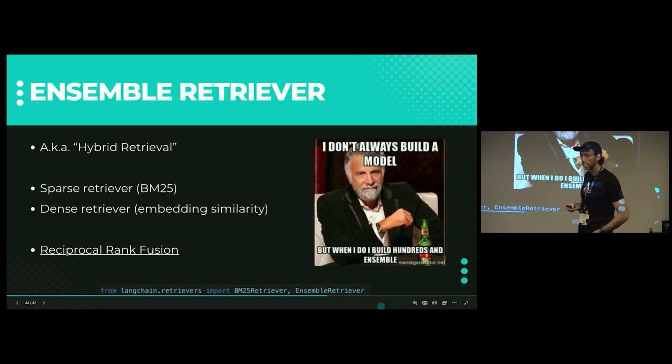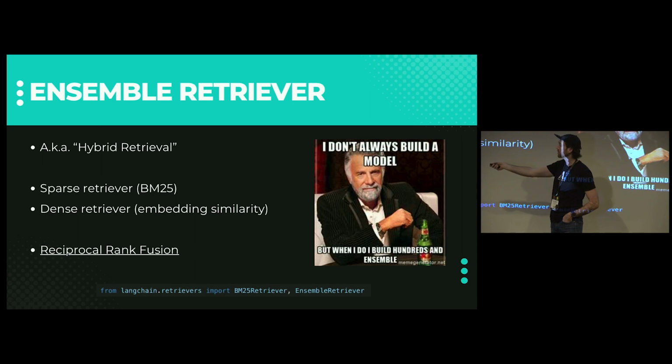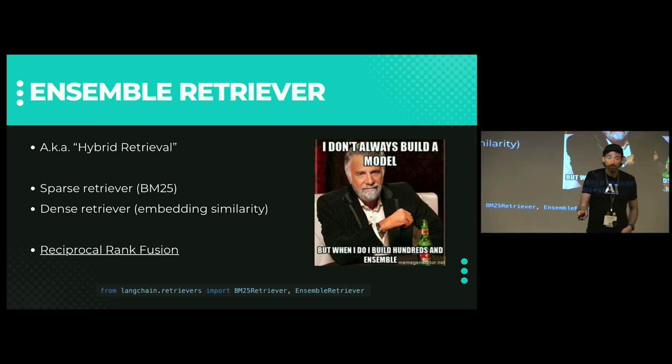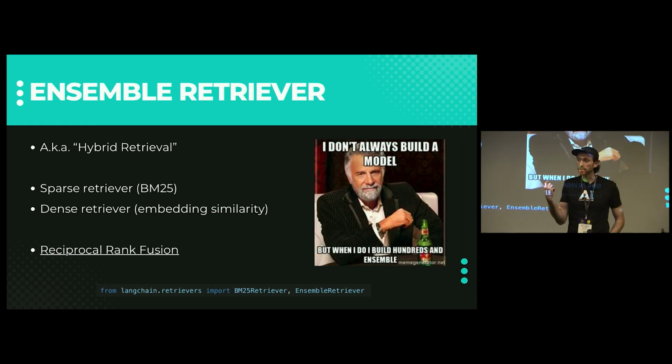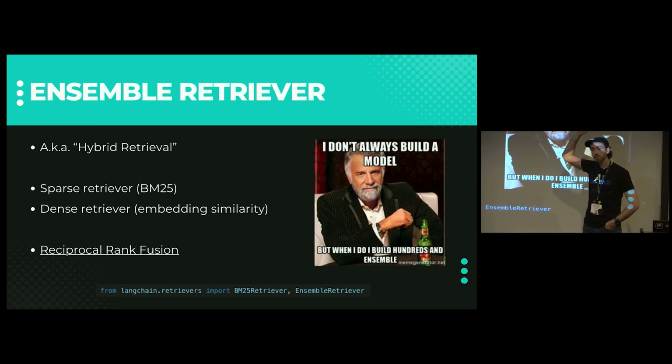The next thing that we should do that is just so easy is this hybrid retrieval. We saw this: sparse retriever, dense retriever. This was done kind of automatically in Pinecone for us, but we're using Facebook AI Similarity Search now. And so we can go ahead and just use LangChain to implement this reciprocal rank fusion. That's from the paper. Sounds very fancy, but this is the idea of 100 different things, give me 5 things, because